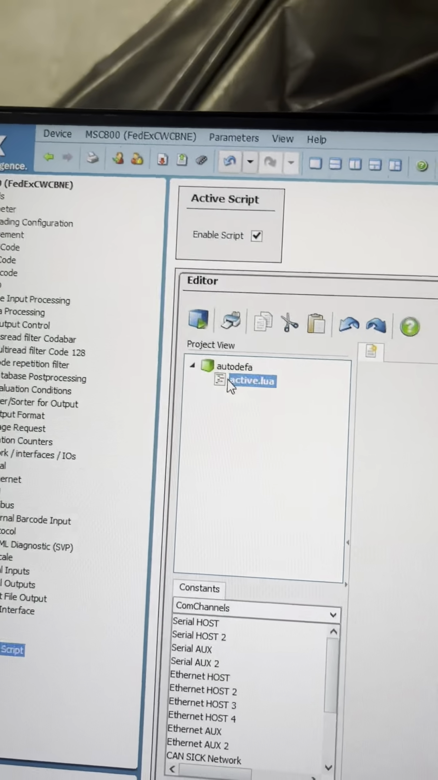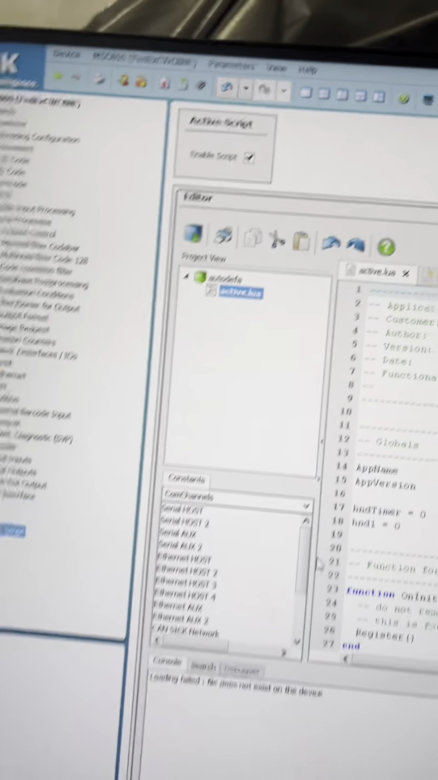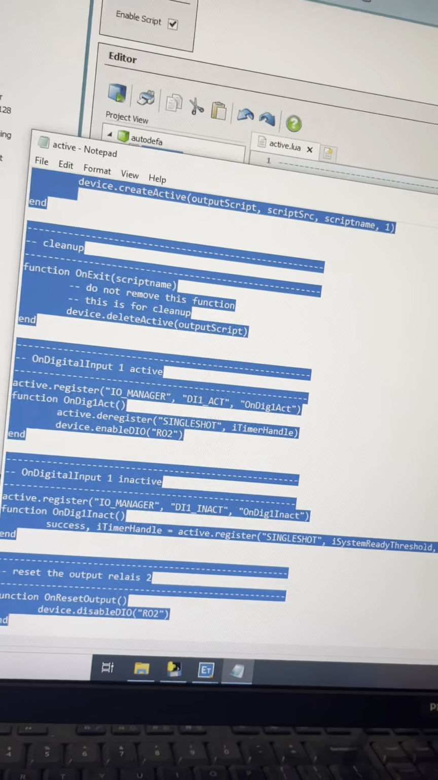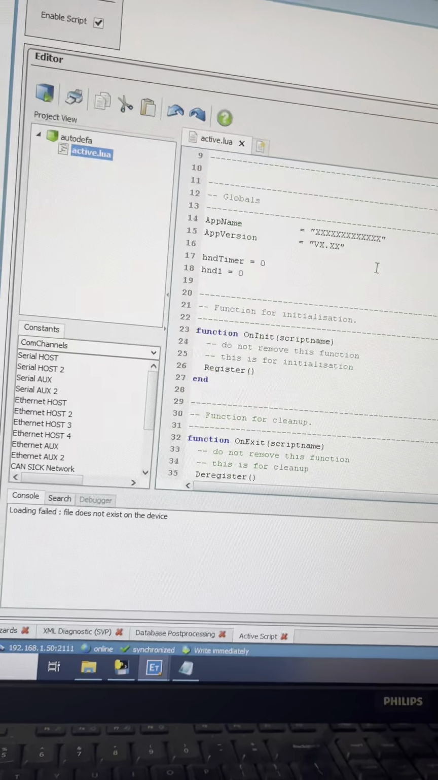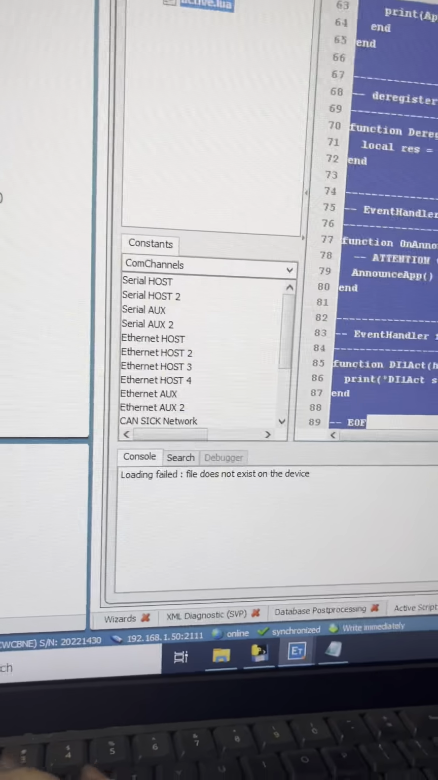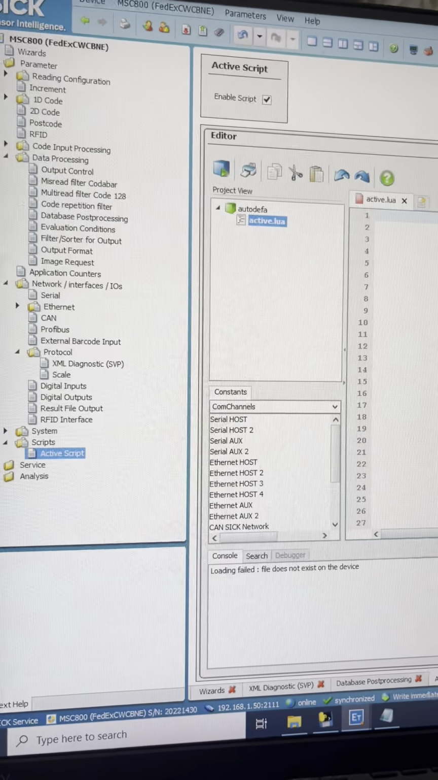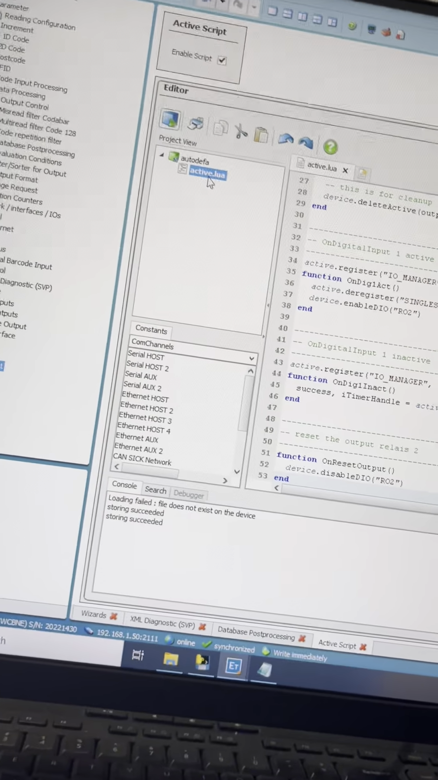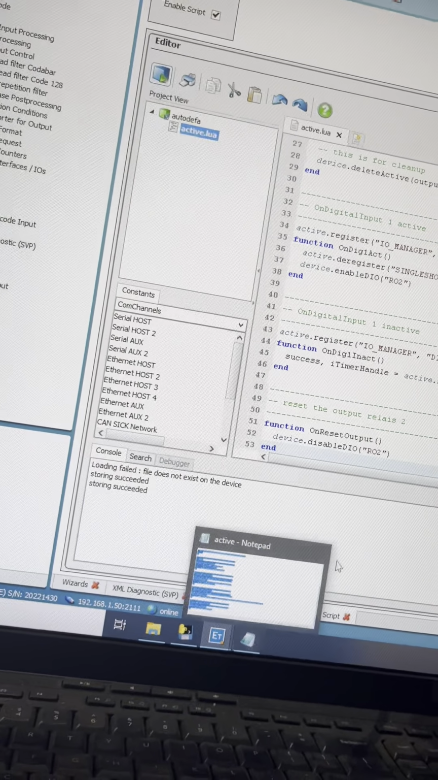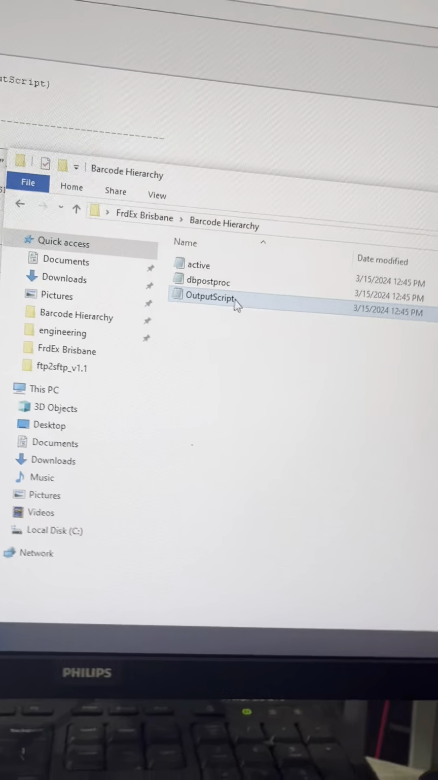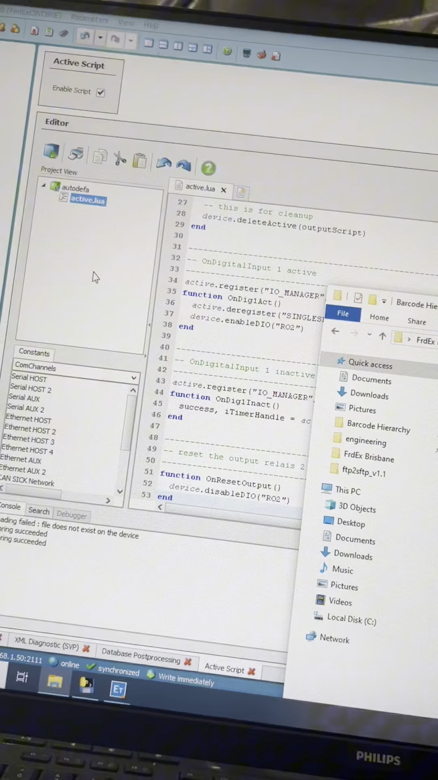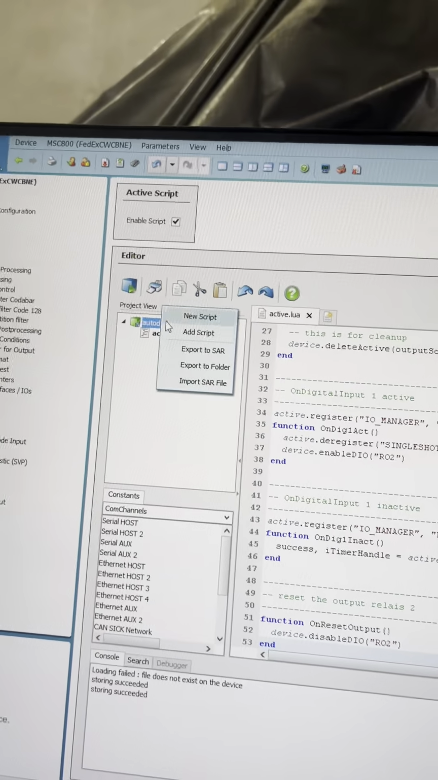In this folder, you will see active.lua. Also, open the active.lua. Copy everything from here. Control A, delete, Control V, and apply. In addition to this active.lua, we also need, let's see, output script. So can we drag and drop? No. We need to right click here, add script,